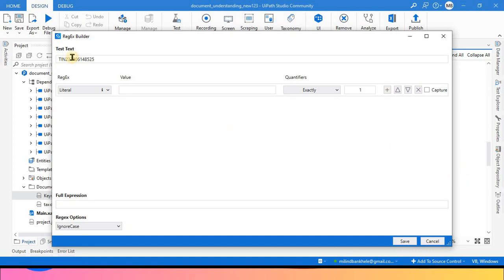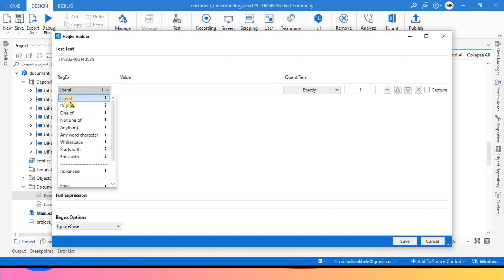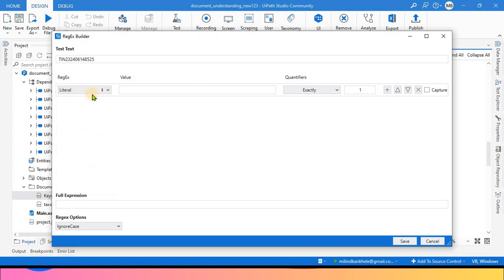So this is the invoice ID. Now what I'm doing, I'm creating a regular expression. Here I'm using a literal, that means this text TIN, which is captured, exactly one. TIN is one lot, and here I'm using the capture sign. After that we need to fetch this pending data, so I'll simply click on the plus sign, and